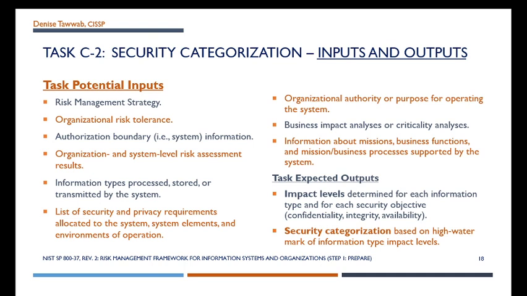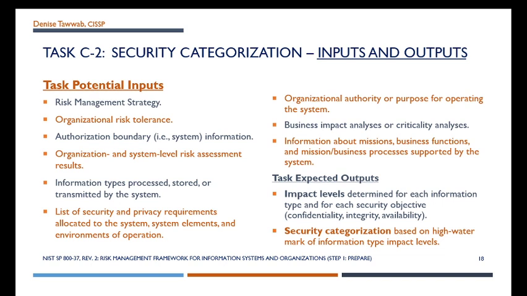And remember, your risk management strategy will talk about the organization's risk tolerance, the authorization boundary, your organization and system level risk assessment results, the information types that are going to be processed, stored, or transmitted by the system that you're trying to secure. You want a list of the security and privacy requirements allocated to the system elements, and